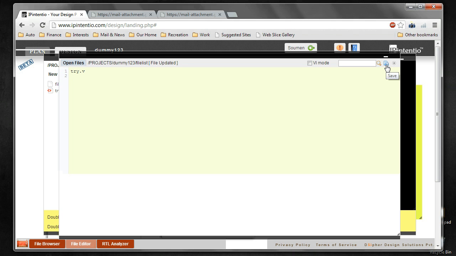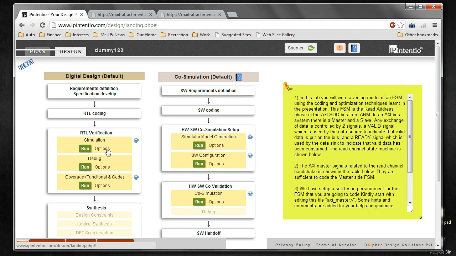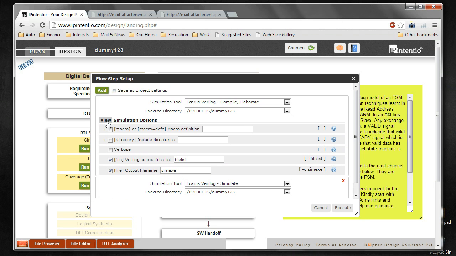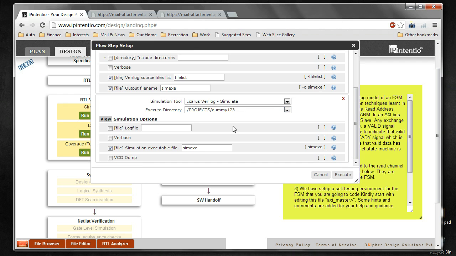So we save this and then we will set up the simulation options. So first we need to compile and elaborate, and then we need to simulate. So what we will do is we will put in the file list in Verilog source file list and the output name as sim.exe. Now for the simulation options, we will put the simulation executable as the simulation executable file